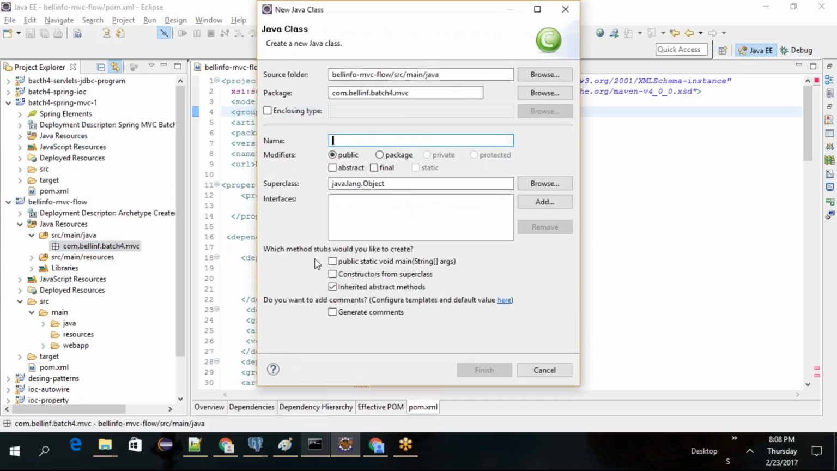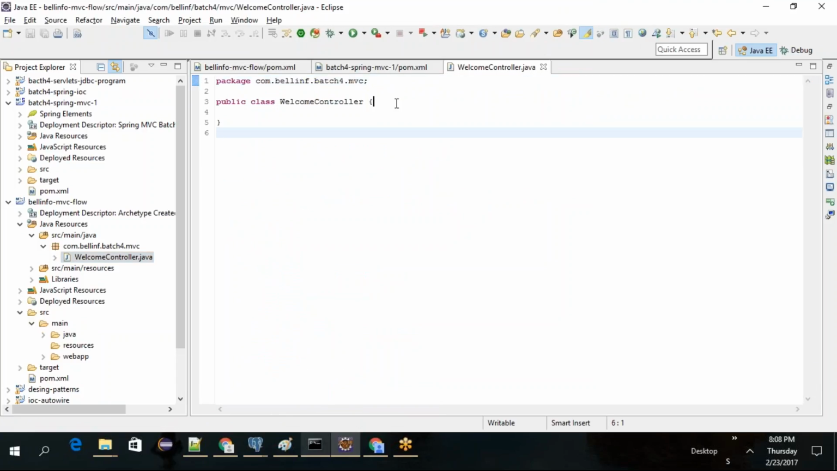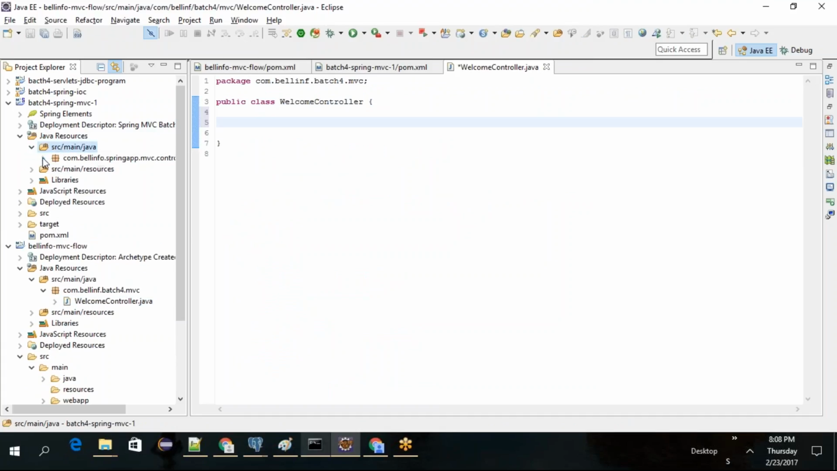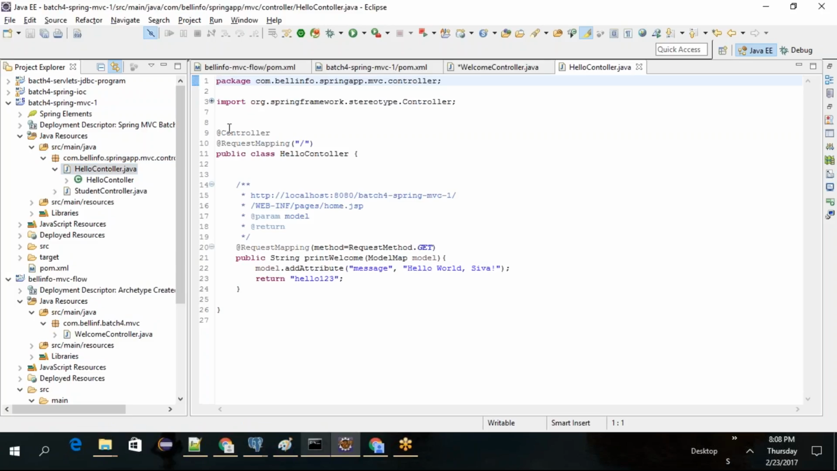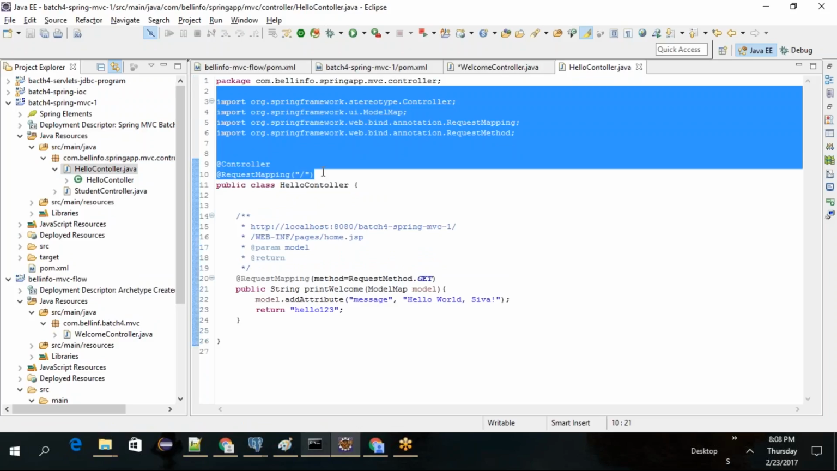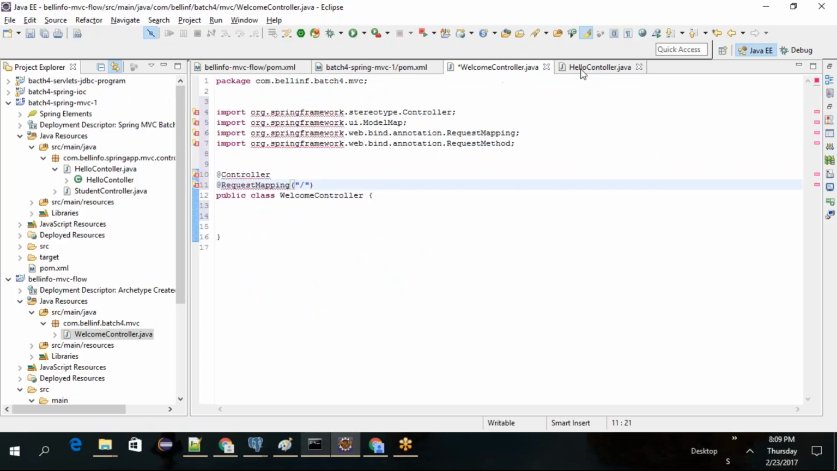When you go for a class, you can say welcome controller. Okay. It's renaming and trying to see what. And in our welcome controller, I'll just go with the same structure whatever we have, info controller, hello controller, whatever we have. What I will do, I'll copy these guys. It saves some time. And then